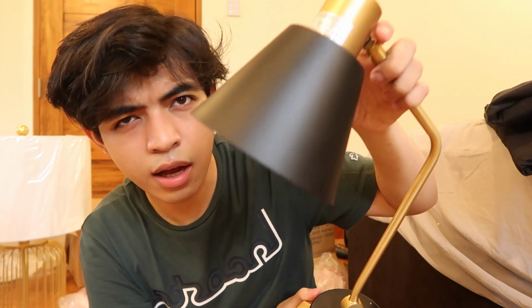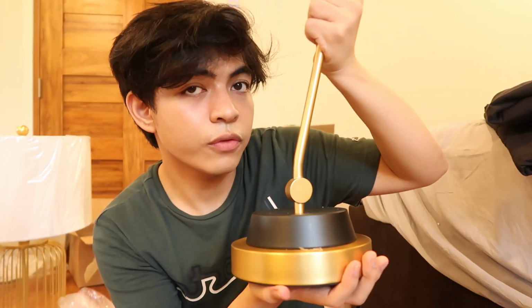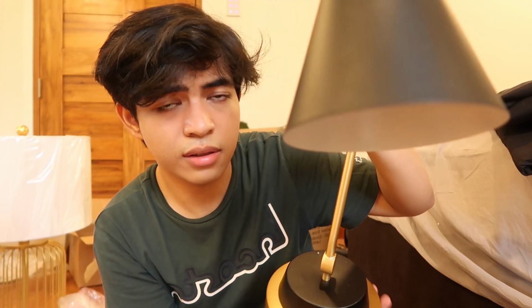So meron siyang black and gold accent and it looks like this. I got this one for my brother since it's really classy tsaka masculine din yung design. And then I also